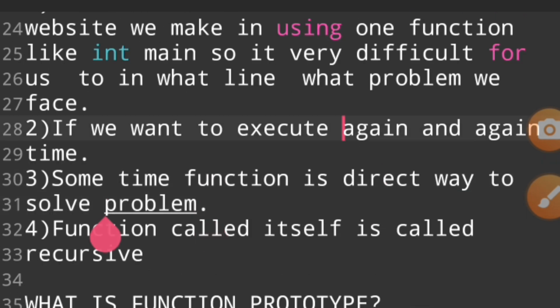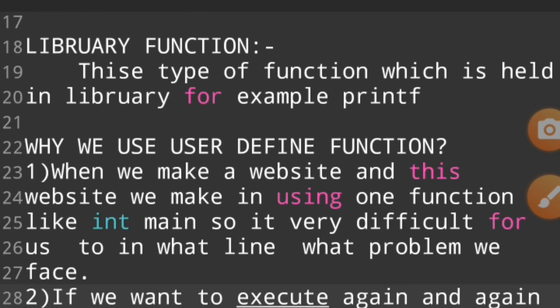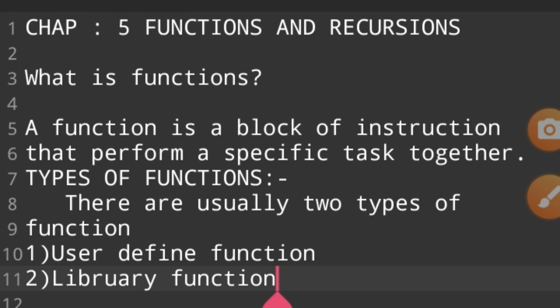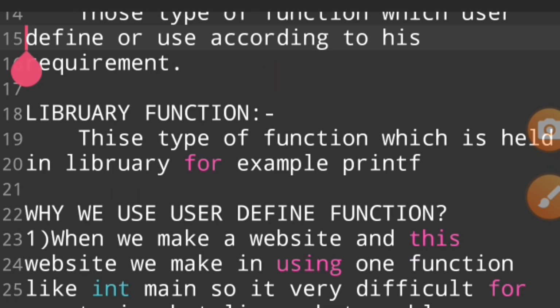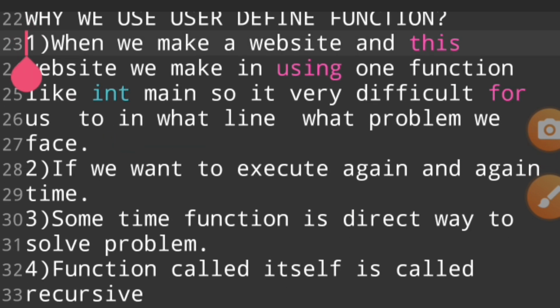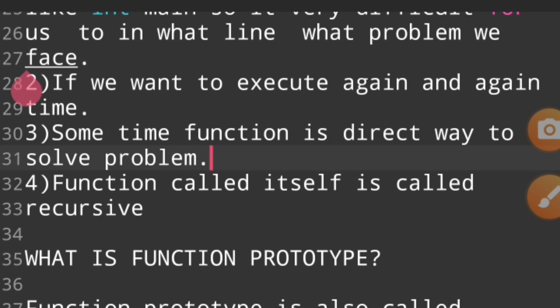The second use is when we want to execute something again and again, so we use functions. This is an example of recursion, so our chapter number 5 is about functions and recursion. If we want to execute again and again, sometimes a function is the direct way to solve the problem.